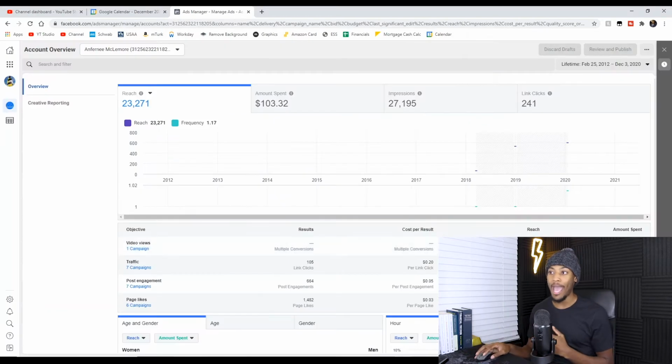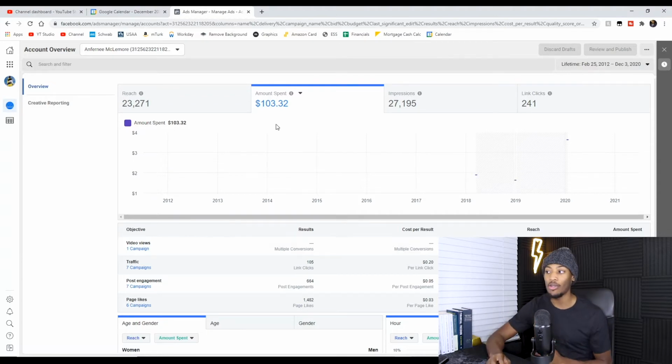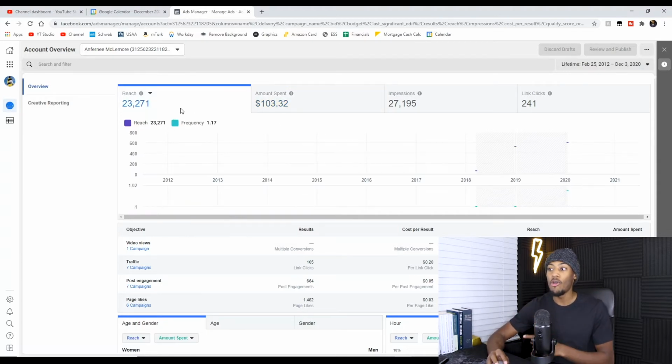So here we are in my ad manager account for Facebook, and you can see the total amount spent for 2020 is $103.32. Now because I since deleted these ads and I did not know I was going to be recording this video, I can't show you exactly what demographics I was appealing to, but I will try to walk you through that as best as I can. However, I can show you that for $103.32, we reached a total of